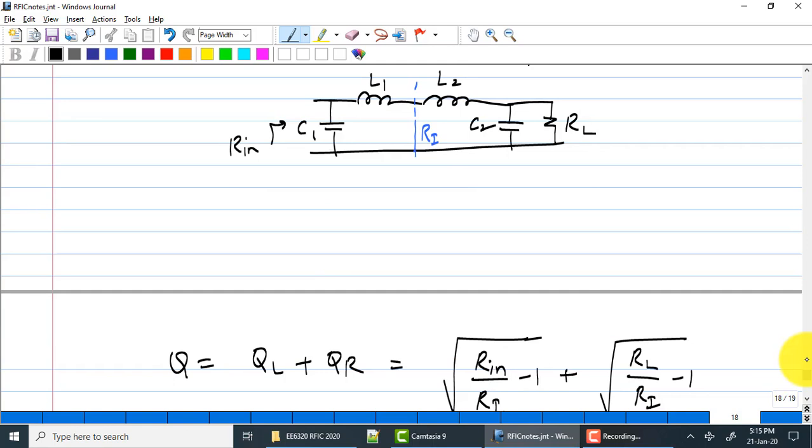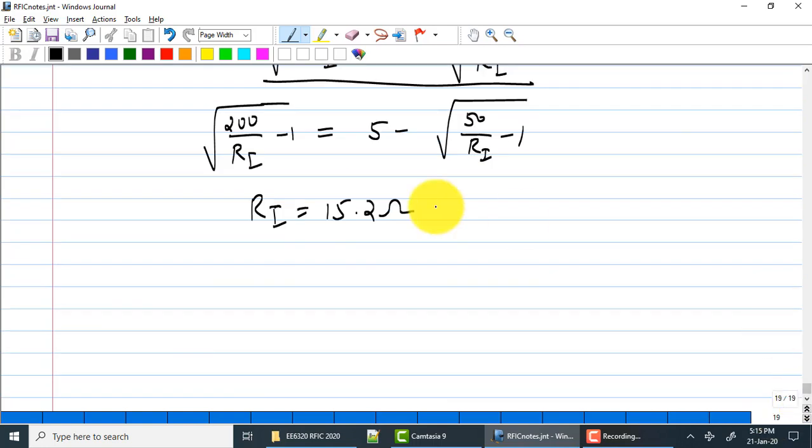Do you know how to take down 200 to 15.2 from L1 and C1? You know how to do that. Right? You add L1 and L2, you get the overall pi match. Very straightforward. Will you be able to do this as a homework? I hope you will be able to. So now, if you have designed this,